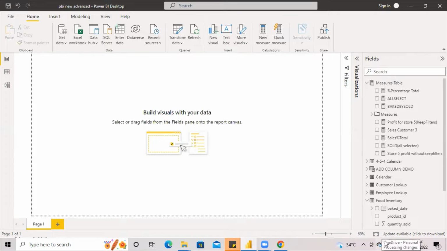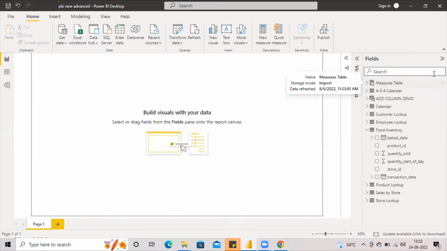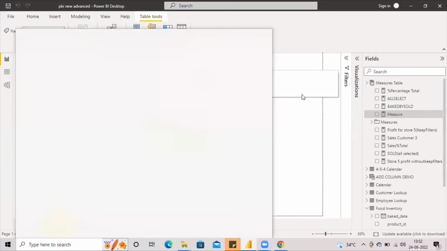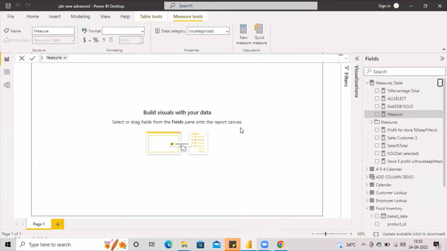Summarize is a very handy function when you want to see how many such unique items are present in your table. So let's quickly create a measure and see the syntax of it. You guys can also follow along with me. Summarize demo. So if I type in summarize,